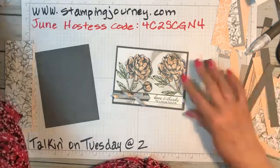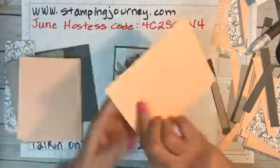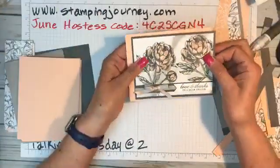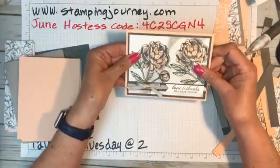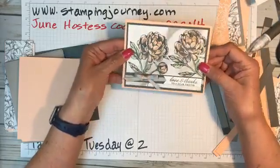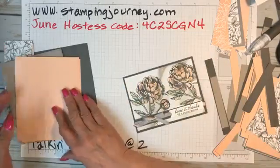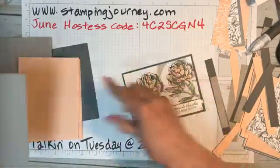So we already have the basic gray behind there. So you can pick the petal pink, and that just kind of pulls out the color in the peonies. Or you could use the gray granite, because that's the color that's inside on the,